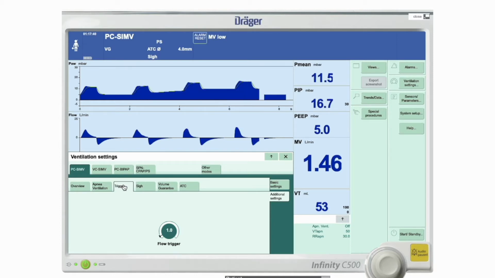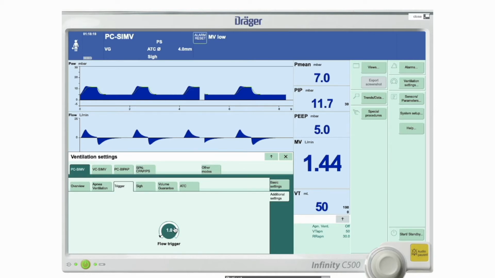So patient triggers are usually pressure or flow triggers, and the most common trigger in ventilators these days is a flow trigger, and that's because it's far more sensitive. So when you set up the ventilator, put the child's weight in and turn it on, this trigger would have been set up in the background automatically. This trigger is set in liters per minute. So in other words, the patient has to initiate a breath at a flow rate of 1 liter per minute to be able to access